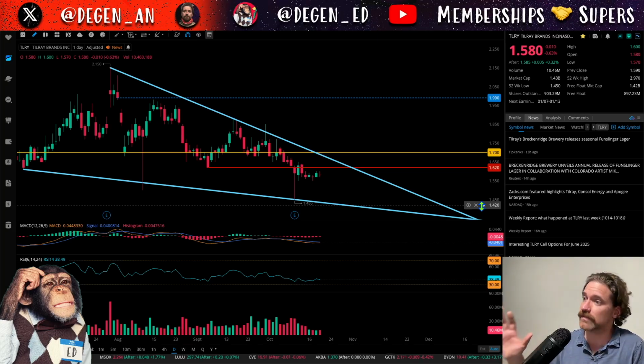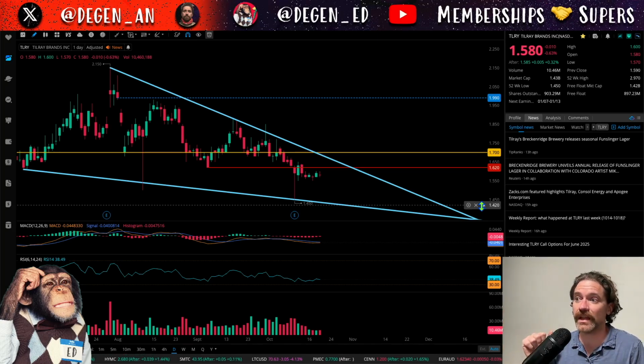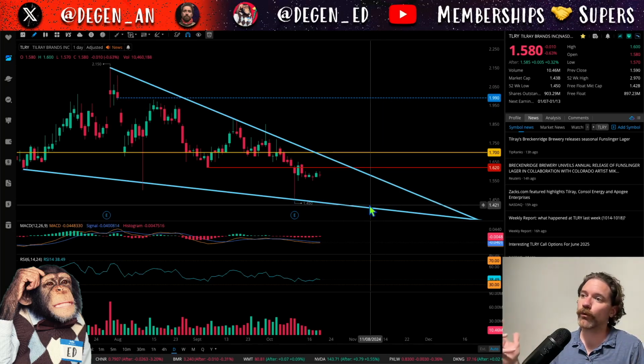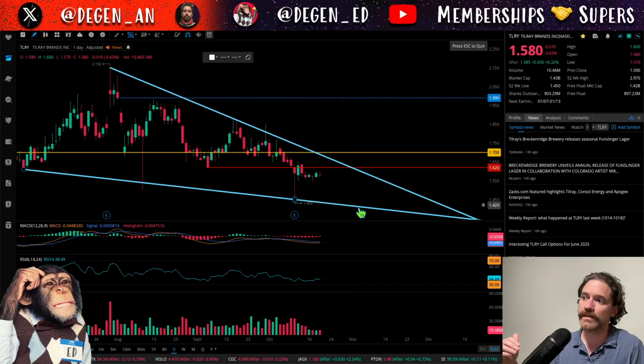I'll reassess if and when that does get filled, because I think that could be a really great dip buying opportunity before we move to the upside to test the top of this wedge before breaking out, moving up to fill that gap at right around $2 a share. And so yeah, if we do pull back to $1.42, I think that there's just a lot of great upside potential. Even if it's just going to the top of the wedge, we can see that from